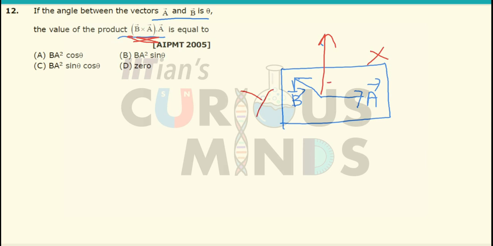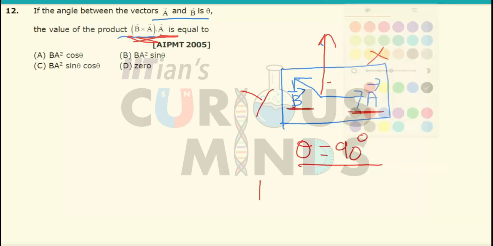product with, now this is perpendicular, so the angle theta over here will be 90 degrees with both the b vector as well as a vector. The b cross a will make an angle of 90 degrees with both a as well as b vector. Since the angle is 90 degrees with both a and the b vector, the dot product with a will give me 0, because over here the dot product of a cross b, or I can say that b cross a